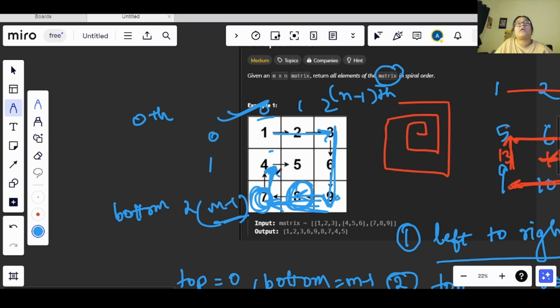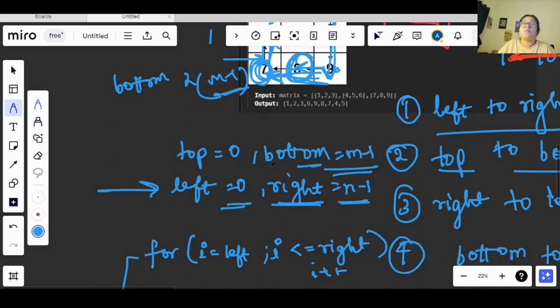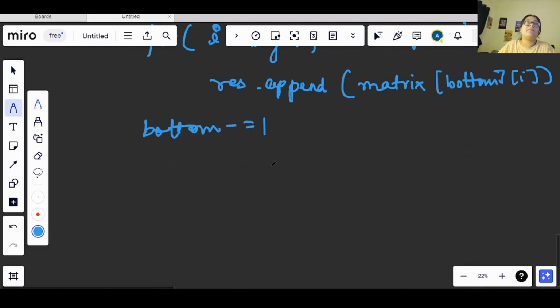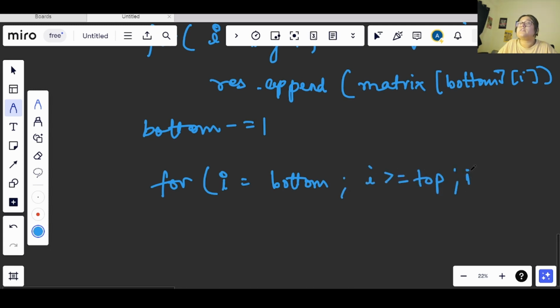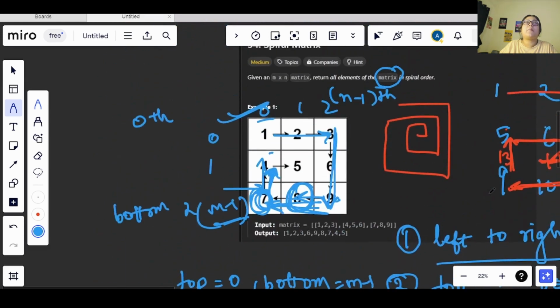Now for that, we will be iterating in the opposite reverse direction only, and we will start our i from bottom and we will be going till greater than or equal to top, and this is a reverse loop. Now how are we appending the values?